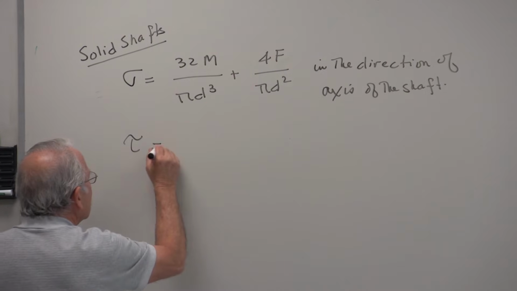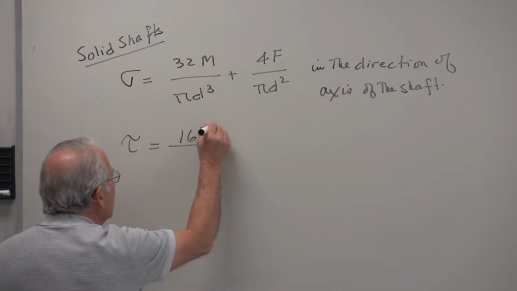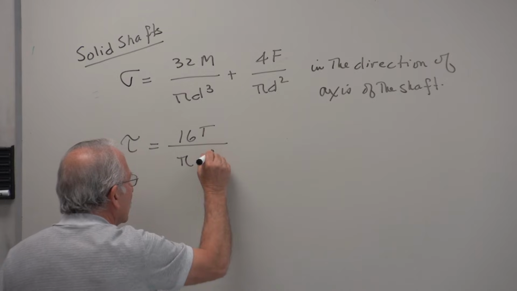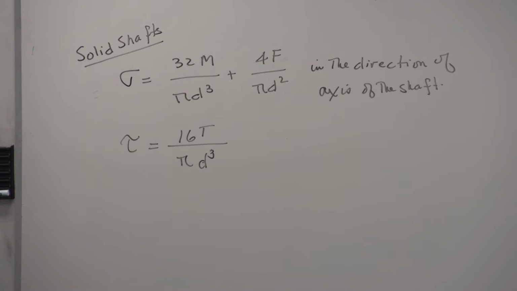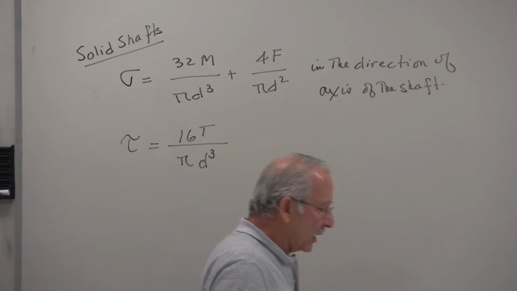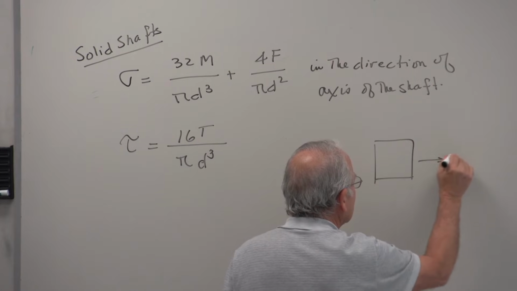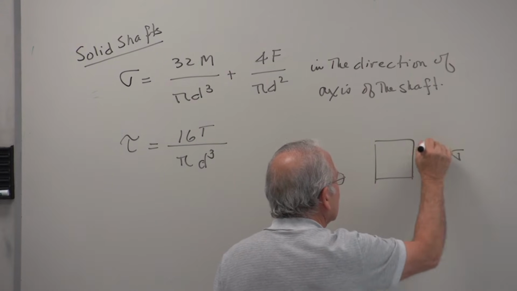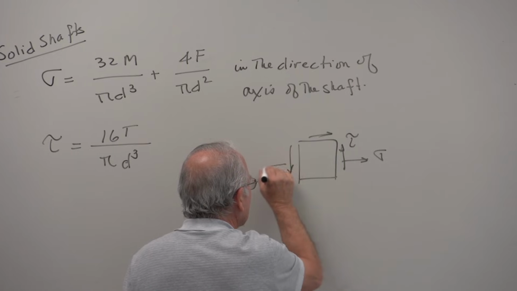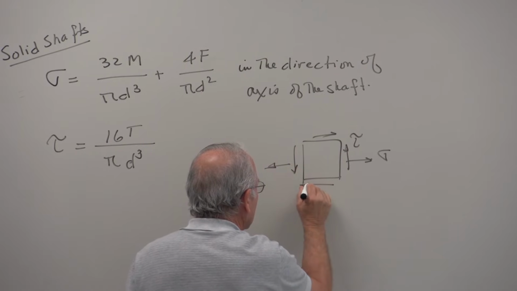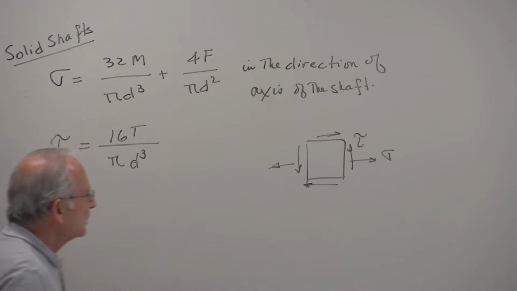The shear stress will be equal to 16T divided by pi d cubed. And then we said we can analyze this. In other words, once again, this is our case. We can analyze this,